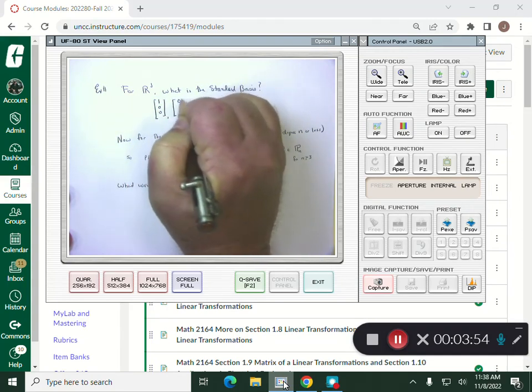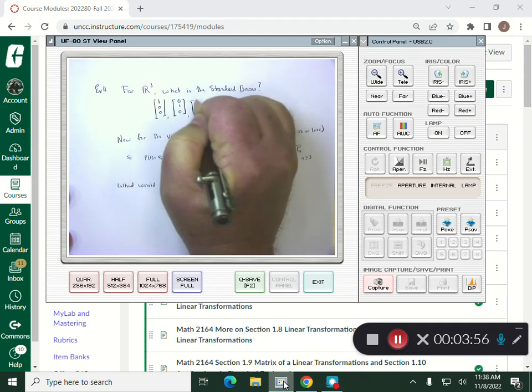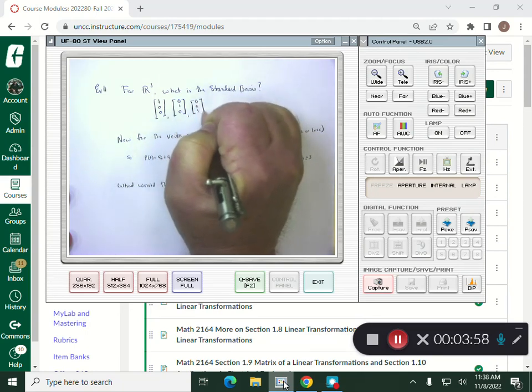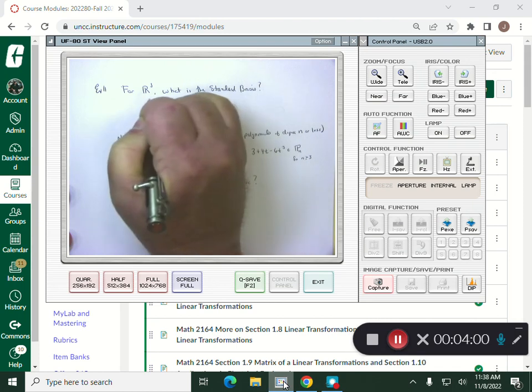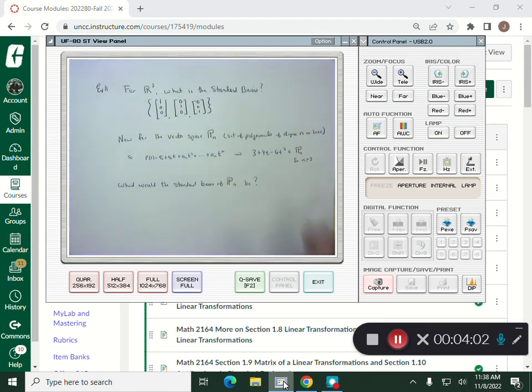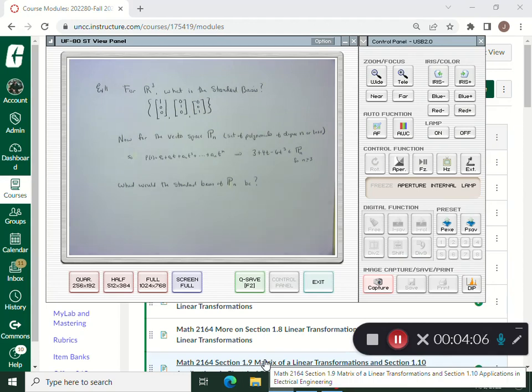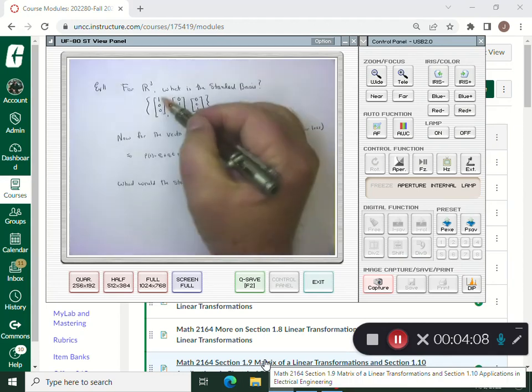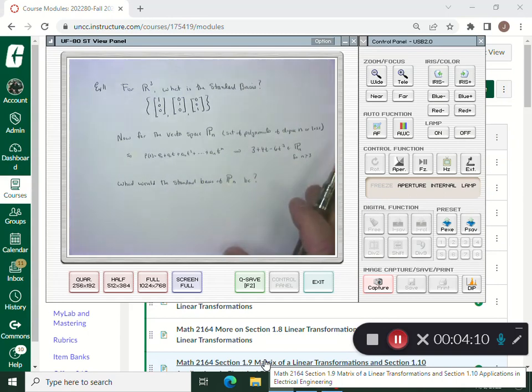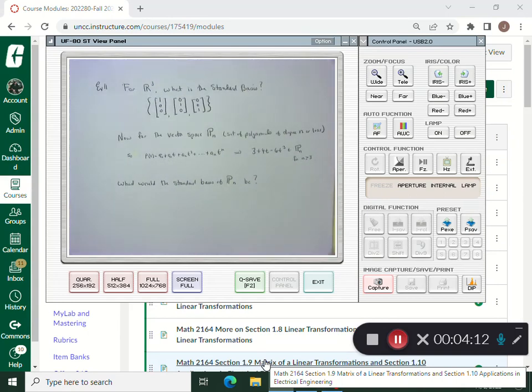0, 1, 0, and 0, 0, 1. That is the standard basis in R3. And notice with R3, I've got 3 components, okay? So 3 components really dictate the size of the vectors and stuff. Now, from there,